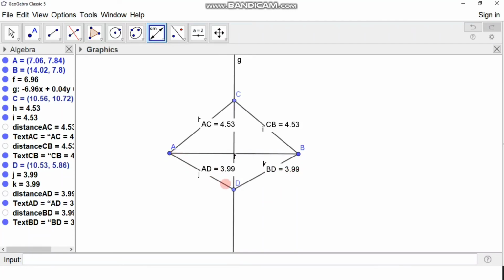So here also distance AD is the same as distance BD. That means point D is also equidistant from point A and point B, which are the endpoints of segment AB. As we have verified here, both of these two points C and D are equidistant from A and B, the endpoints of segment AB. Like this, if you take any point on this perpendicular bisector, it must also be equidistant from the two endpoints of segment AB. So this is how we can verify the perpendicular bisector theorem.